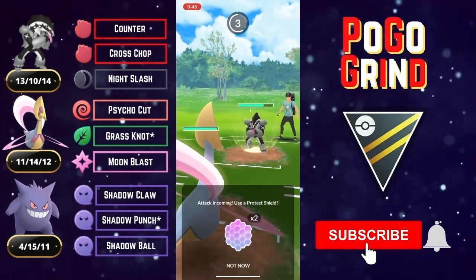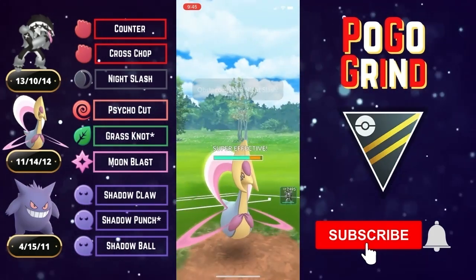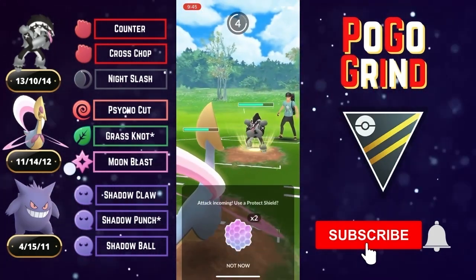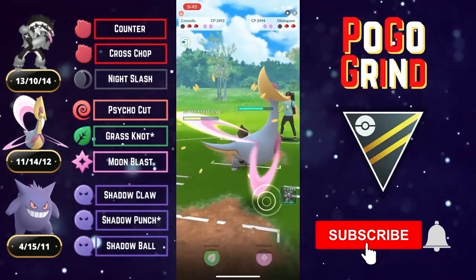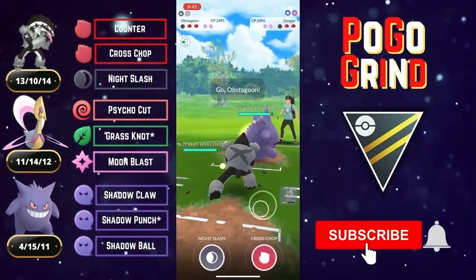We come in with our own Cresselia, guys. Cresselia is a decent option to Obstagoon. We can do quite a bit of damage with our Moonblast, and we get there with only 7 Psycho Cuts, and Cresselia can tank these Night Slashes. What we want to do, guys, is get this Obstagoon as low as possible for the mirror matchup, but